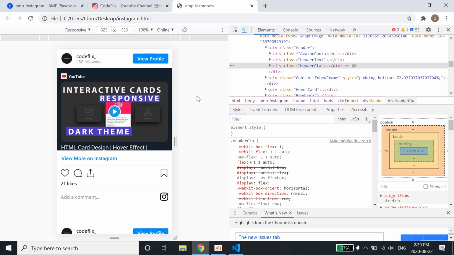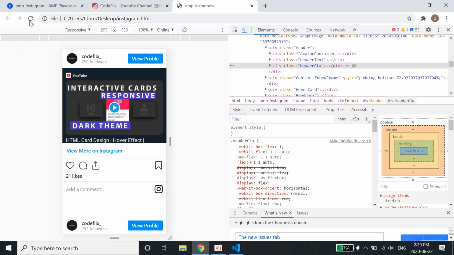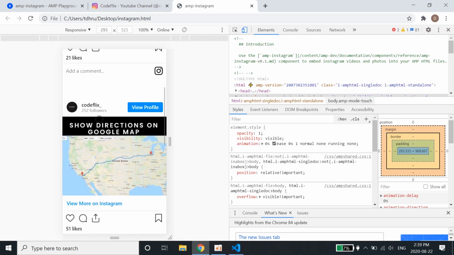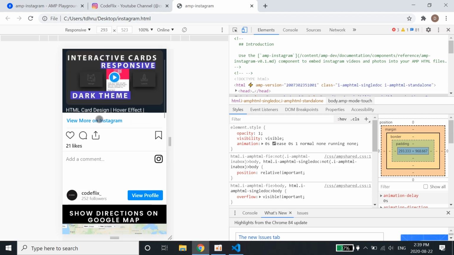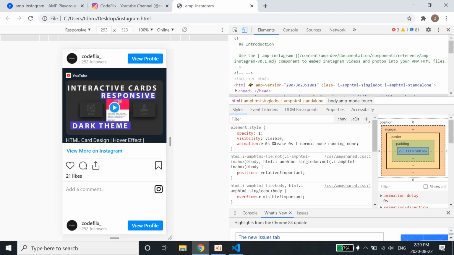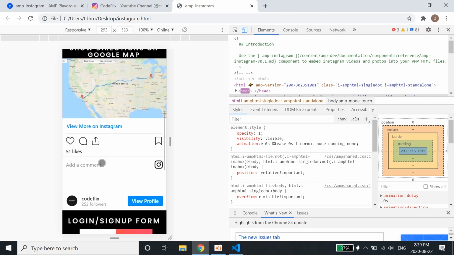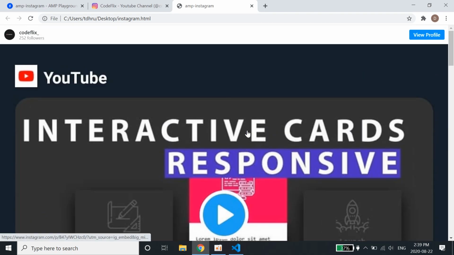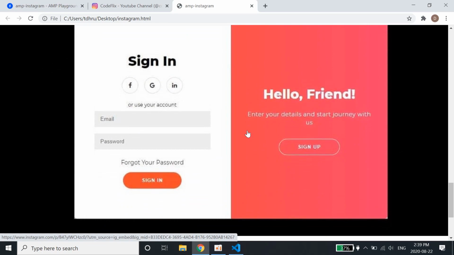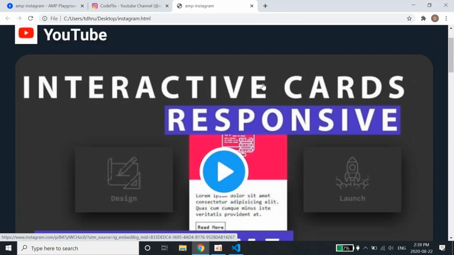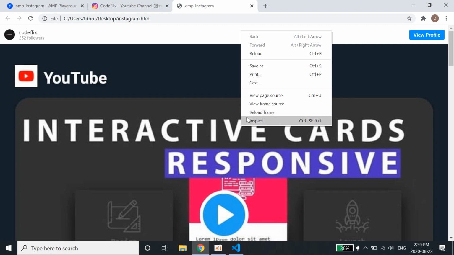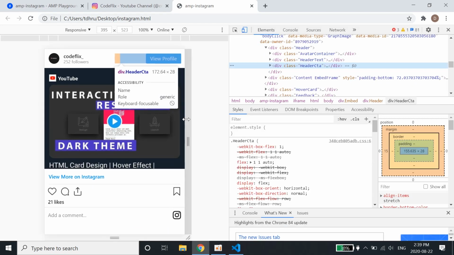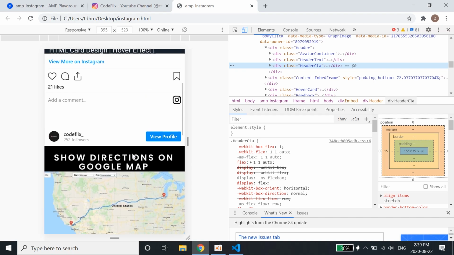So in this particular video we'll be making a clone of the Instagram page. This is the Instagram clone which I have created using AMP. If we refresh, yeah, this is the Instagram clone page which we will create using AMP. So this looks just as it is the Instagram, like you're scrolling Instagram. It looks a bit awkward and very large, but usually we use Instagram in the mobile version. In the responsive version it looks cool. So we'll be making something like this in this video.